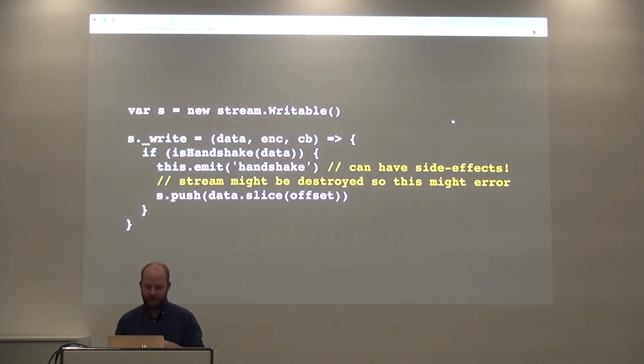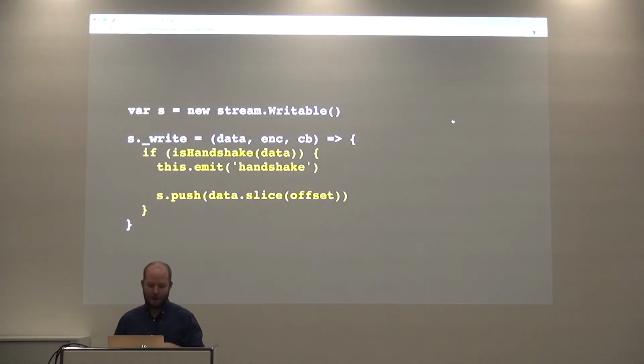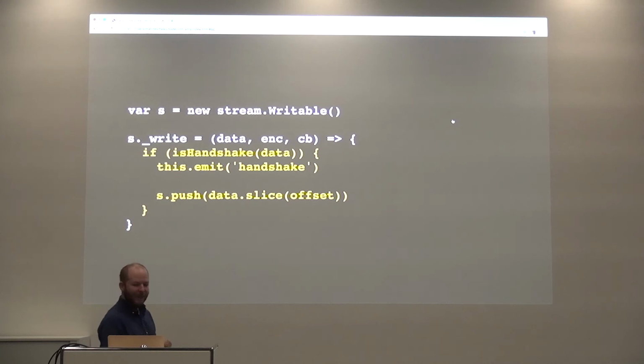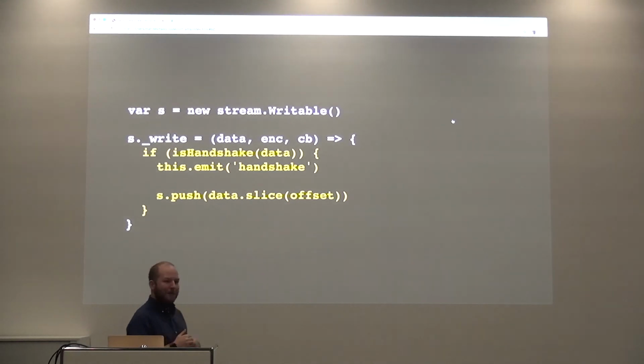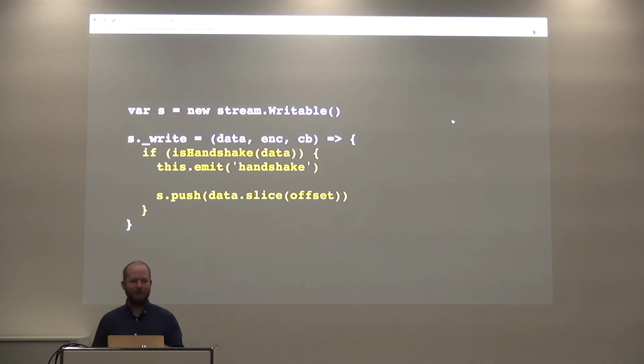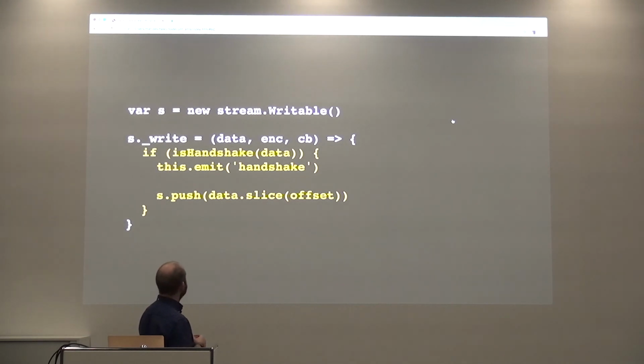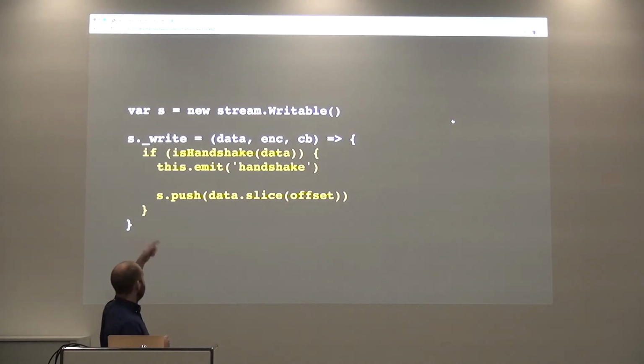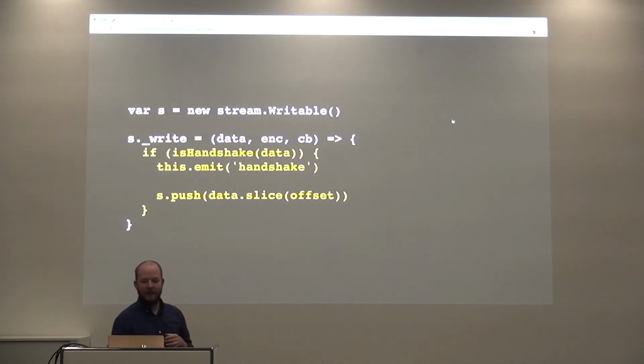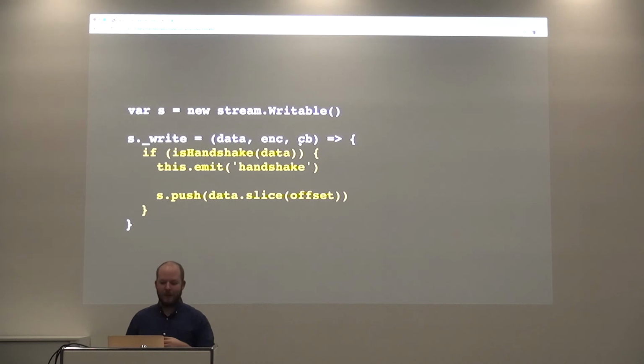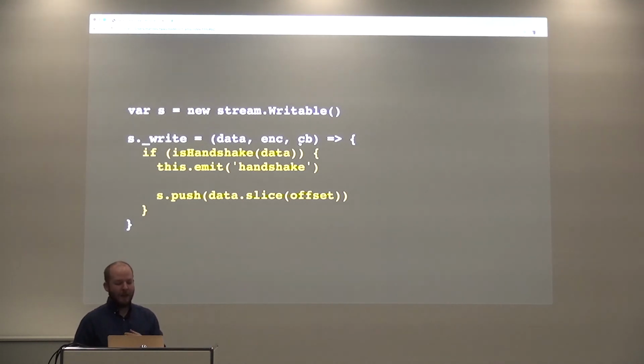I was just trying to remember here. Oh yeah, okay. So if you want to write your own streams, I don't know if you've ever written your own streams. I've written a lot of my own streams. This is how you do it. It's like that abstract class stuff where you make a writable stream, and then you have to override _write, which is the method the stream calls on you when it actually wants you to write data, and it has three arguments: data, encoding, and cb. Nobody knows what encoding means because it's never used anywhere, but it's in there. We deal with it.